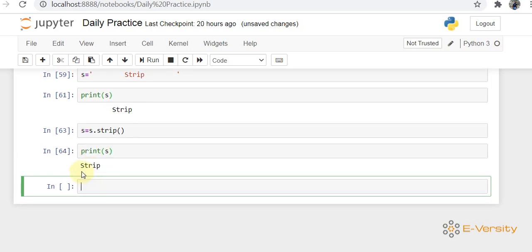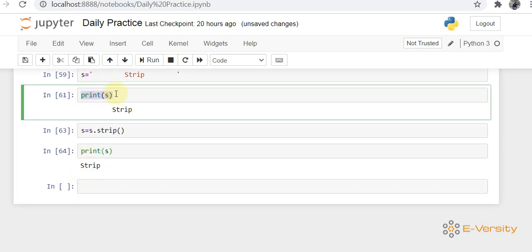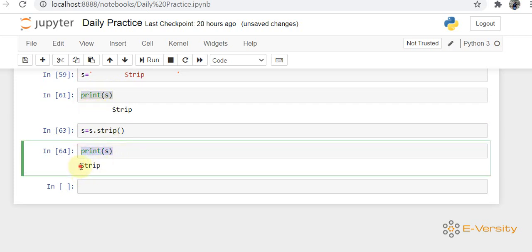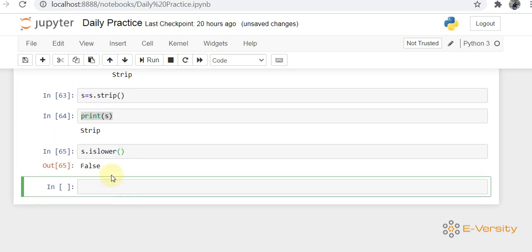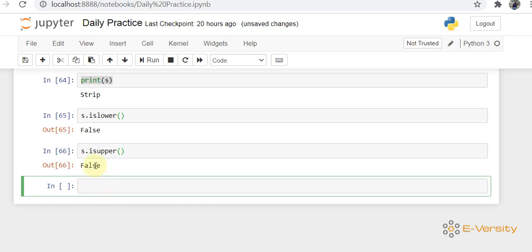You can see the difference: when I print s here it has some space, but when I print s here there is no space. Same thing, I can use s.islower, it returns false, and s.isupper also returns false, because s contains mixed data.